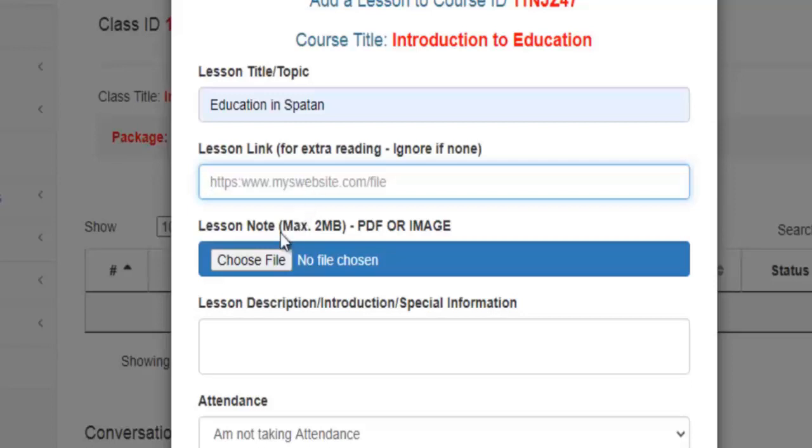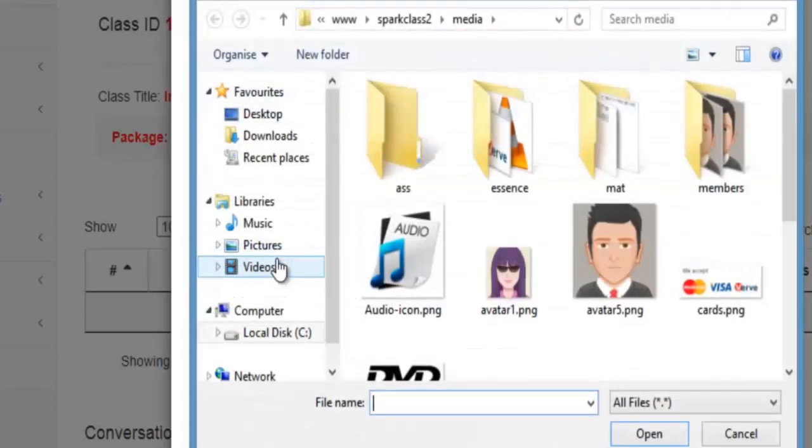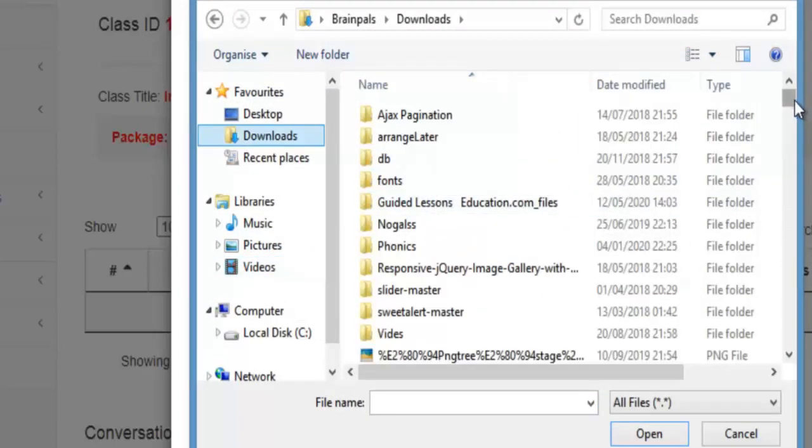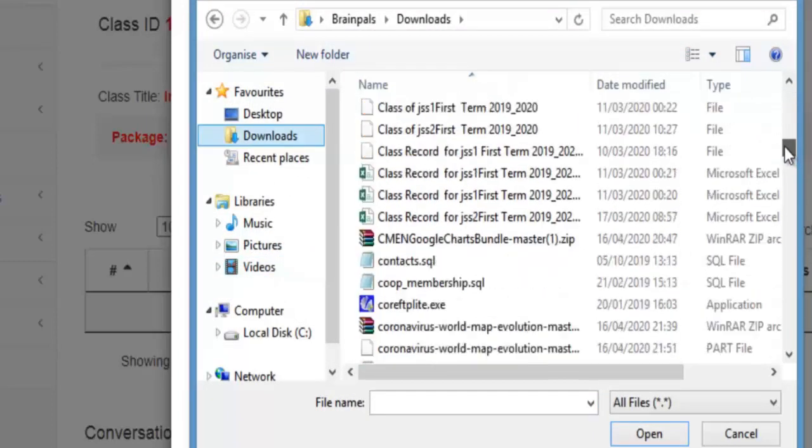For now, I don't have any, so now I need to upload my lesson notes. This is not compulsory, but the lesson note can be a maximum of 2 megabytes, and we usually recommend PDF or an image file so that students will not be able to edit it. So I have to browse for a PDF file. I think I have this file,